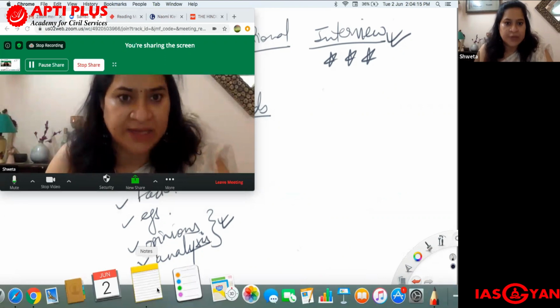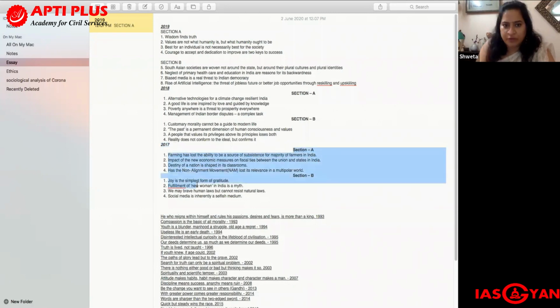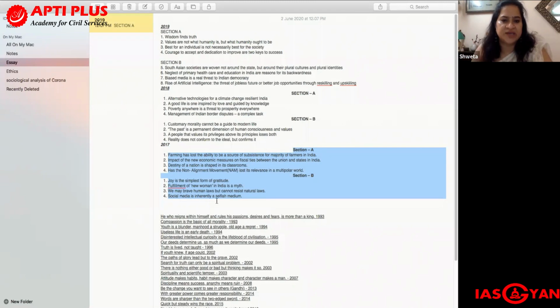So I would like to show you the previous year question paper till 2017. As you can see, the nature of questions, you can find all these 8 questions divided in 2 sections. You see that there is an array of questions related to different areas. Okay, when I say different areas, it means different subjects are covered. Here, I'm specially highlighting 2017 because this was the trend between 14 to 17. So 17, I'm just taking as a symbolic year.